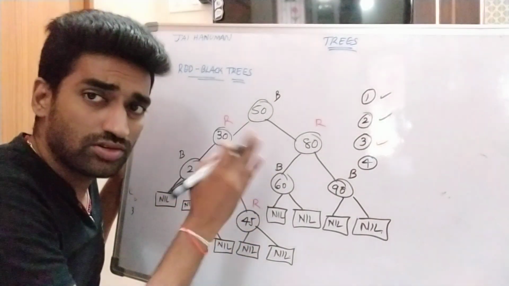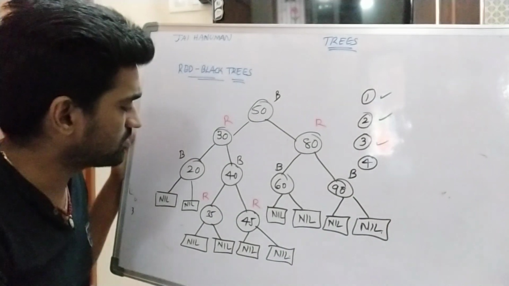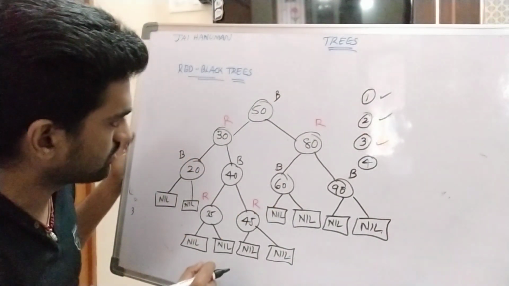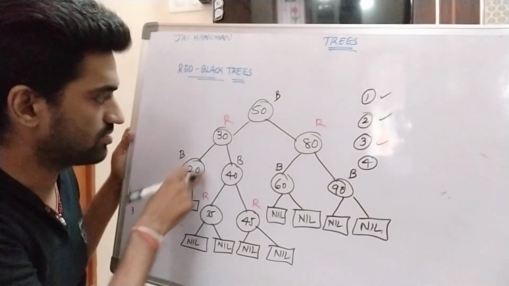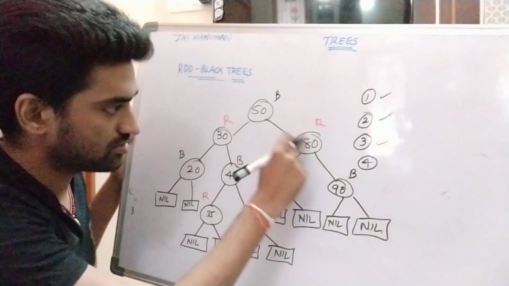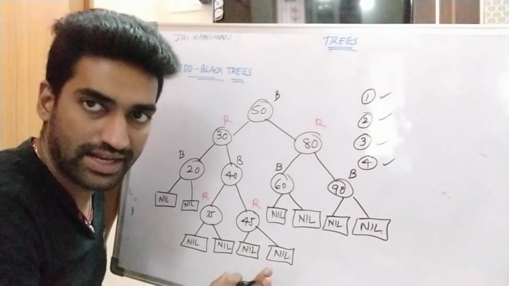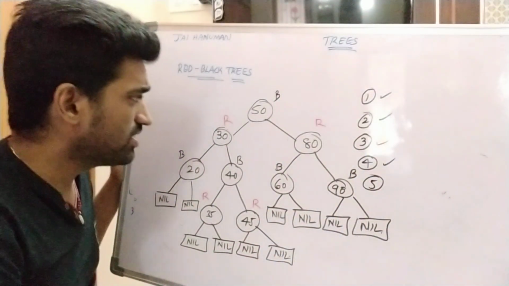There is no red parent, red child relationship. So no two red nodes, no red conflict has occurred. For this red, black is parent, black is children. Same. So that's why the fourth property is also satisfied by this red black tree. Then the fifth one, each path